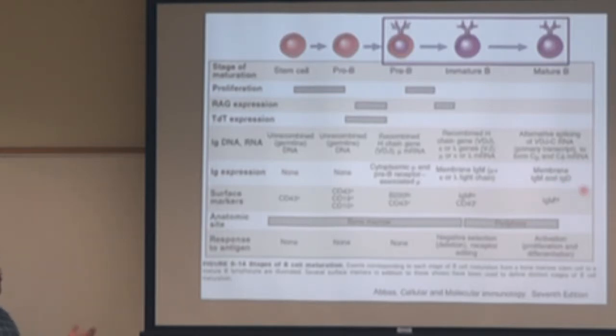So those early immature B cells are going to have membrane-bound IgM as the only Ig they present on their cell surface. As they become mature, they start to have both IgM and IgD expressed. And then as they become plasma cells, those plasma cells will make things like IgG and other Igs. But right now, the important Igs to know for development are IgM and IgD, and when do you